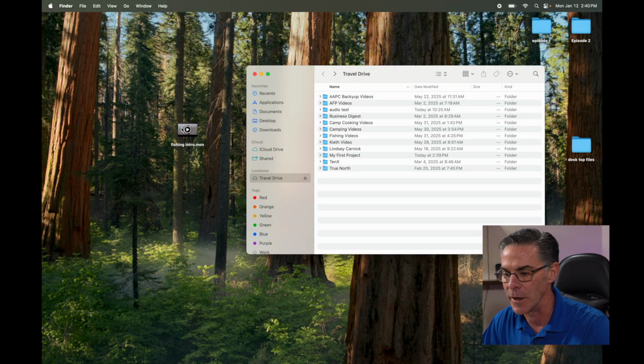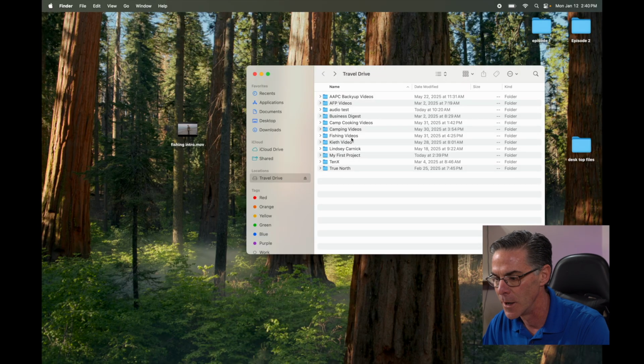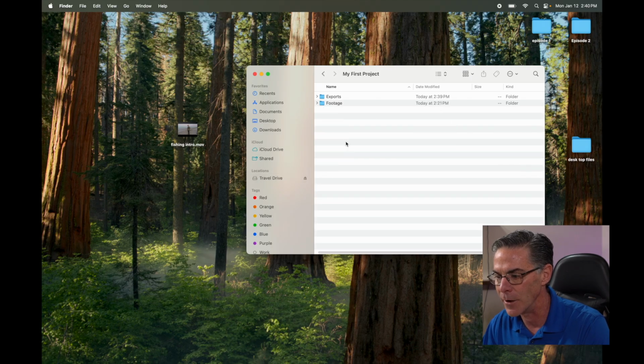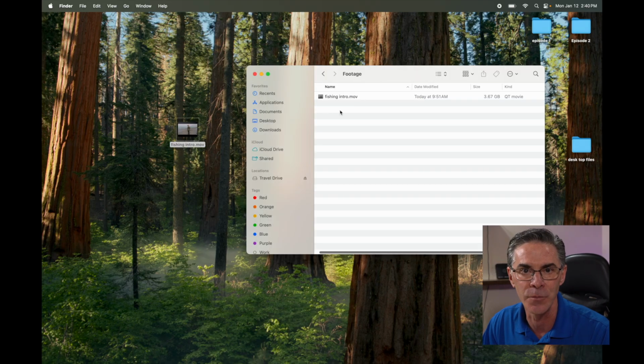Now that I told you that there's 3 different ways to import media into Final Cut, I'm just going to show you one way to do it, and that is because I'm assuming that you already digitized like a VHS tape and you want to do some editing to it, so you already have the media on your computer. I have this fishing intro right here on my desktop, and here's my first project. I already went ahead and I drug this fishing intro into my footage folder to save a little time for